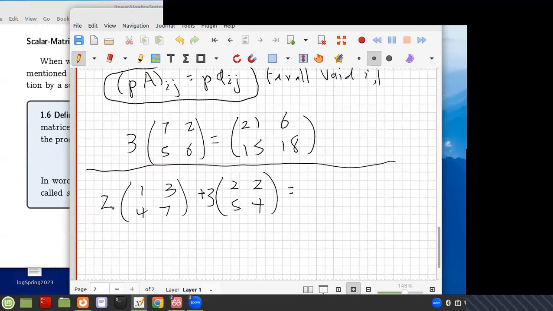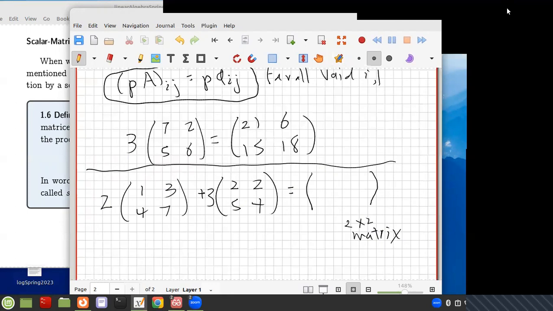What does that equal? Well, you see, this is a 2 by 2, and this is a 2 by 2. The product by a number doesn't change the size, so you can add these, and they're going to be a 2 by 2 matrix. So just take a moment and write out what this matrix is. And then when you guys are finished,